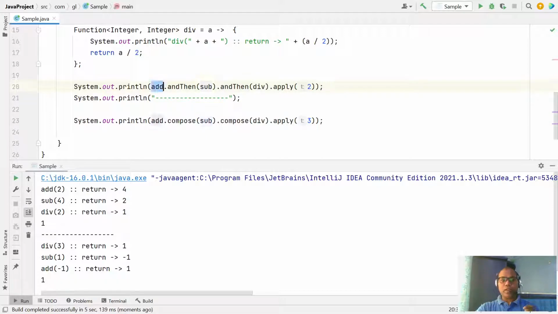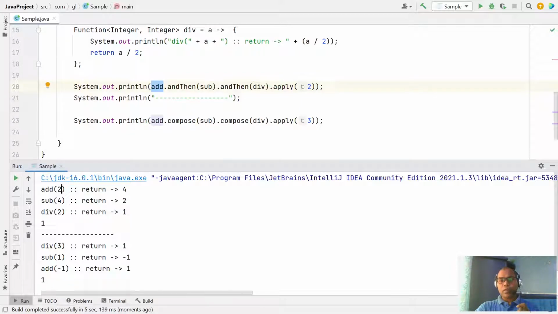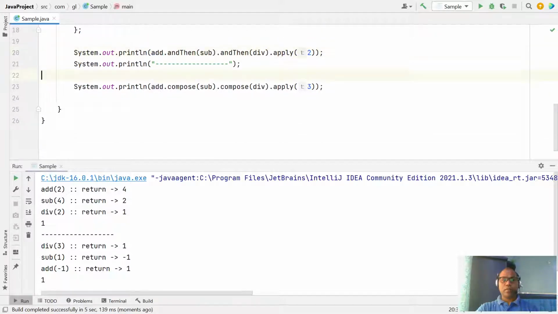The add function is invoked first with the input parameter 2. Whatever you apply first goes to the add function, with 2 as the input parameter.